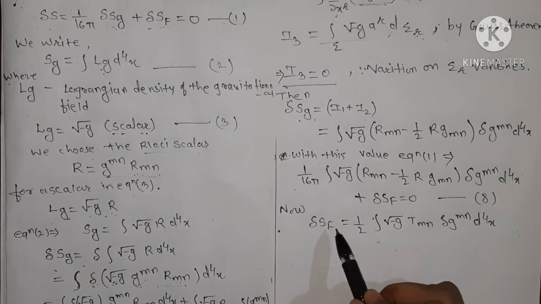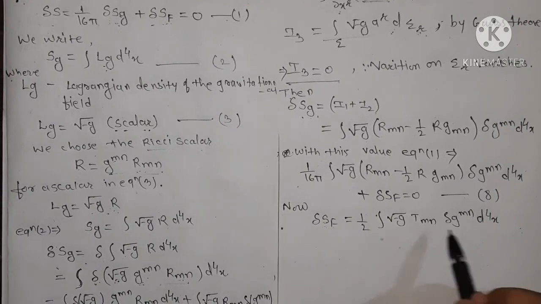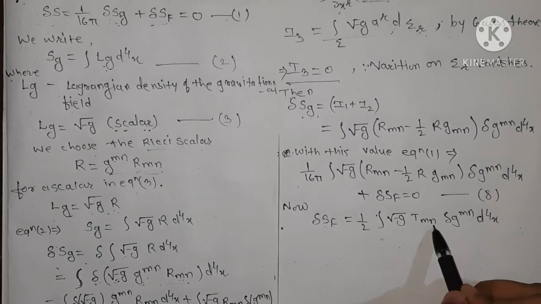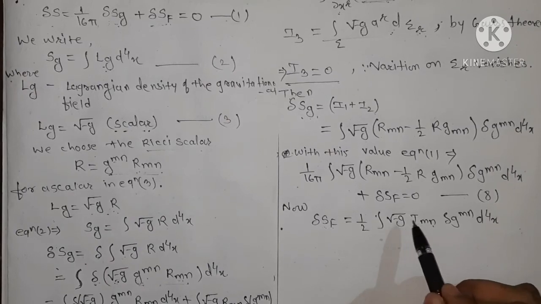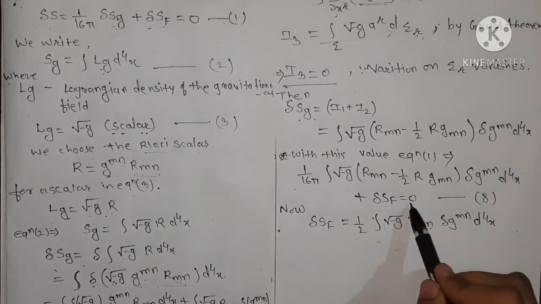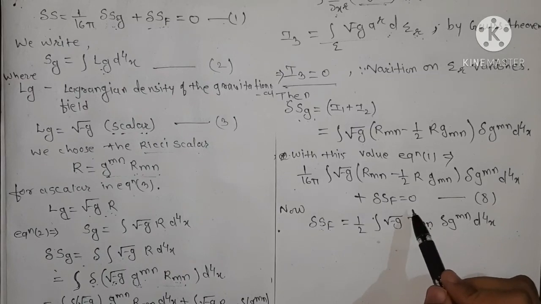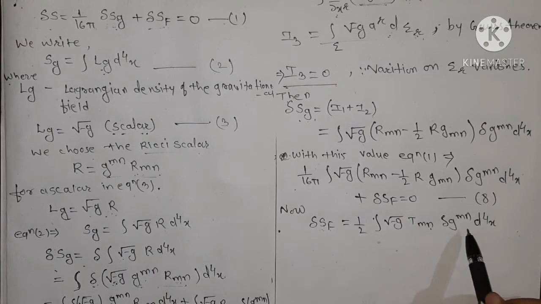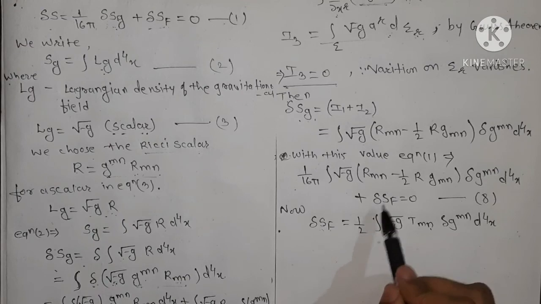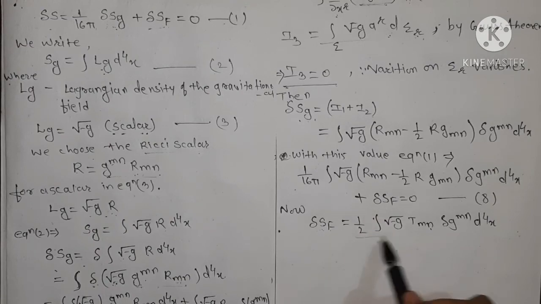We have not seen what delta Sf is equal to; this is in terms of the energy momentum tensor. We are directly using this result here, solving the Einstein field equation. We prove this afterwards. Okay, so let's see, we have to put the value of delta Sf equals to this value